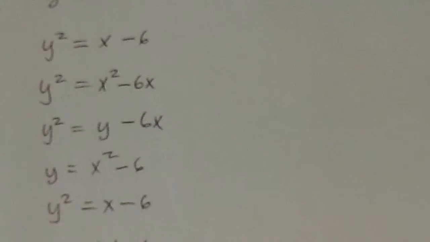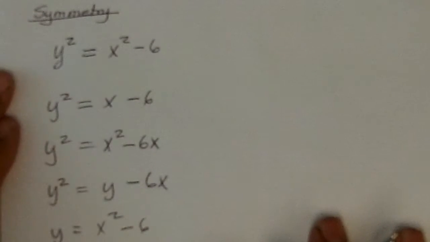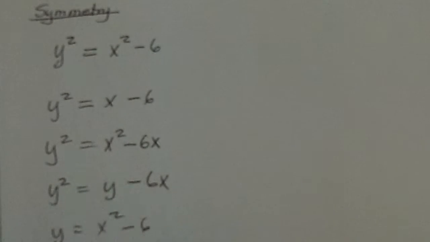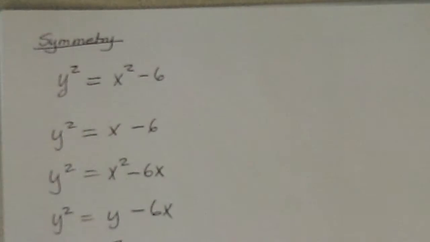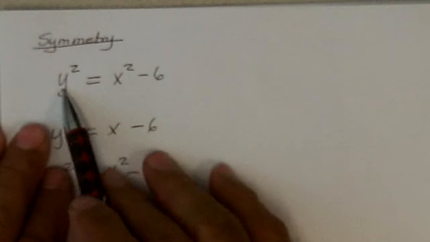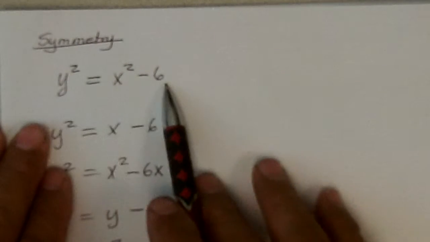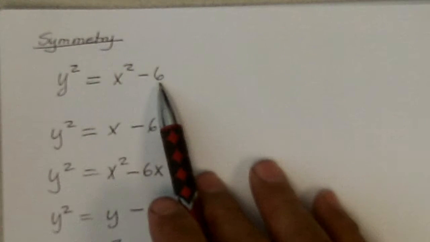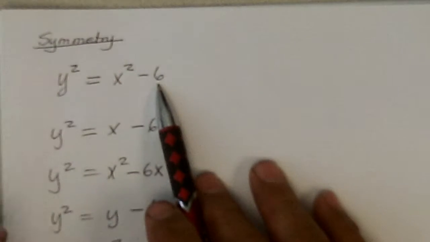Alright, I'd just like to talk about symmetry a little bit here. I've written down a bunch of equations so that I can talk about symmetry. Now, this has y squared, and y in no other place in the equation. So if I put in a positive 1 or a negative 1 or a positive 2 or a negative 2,